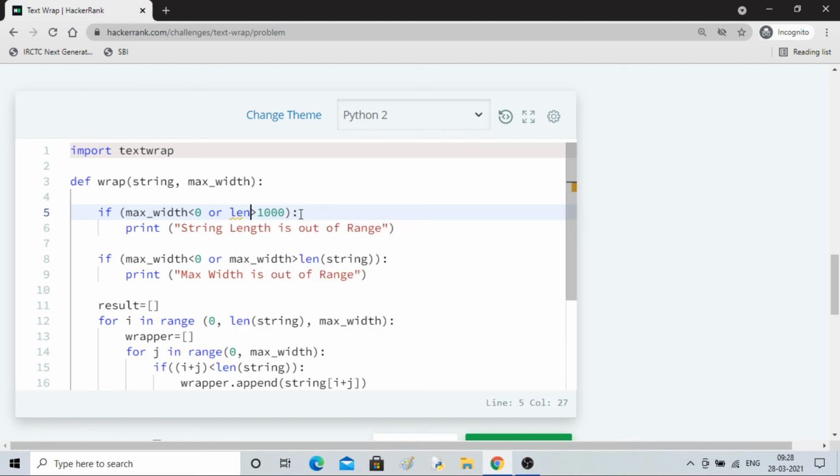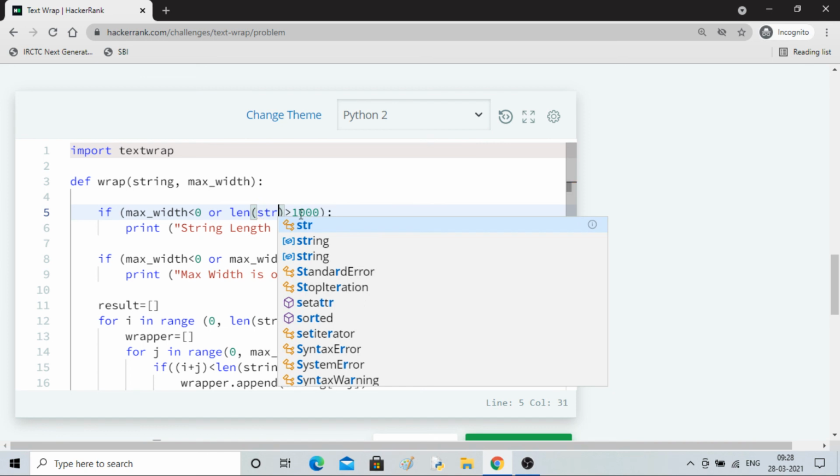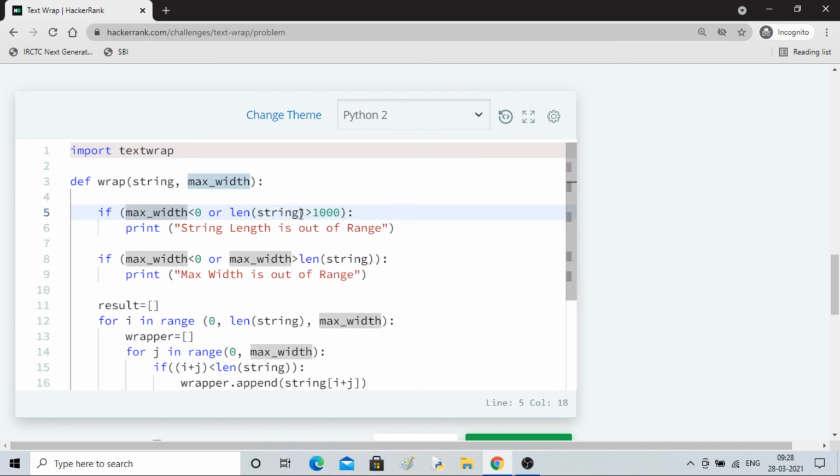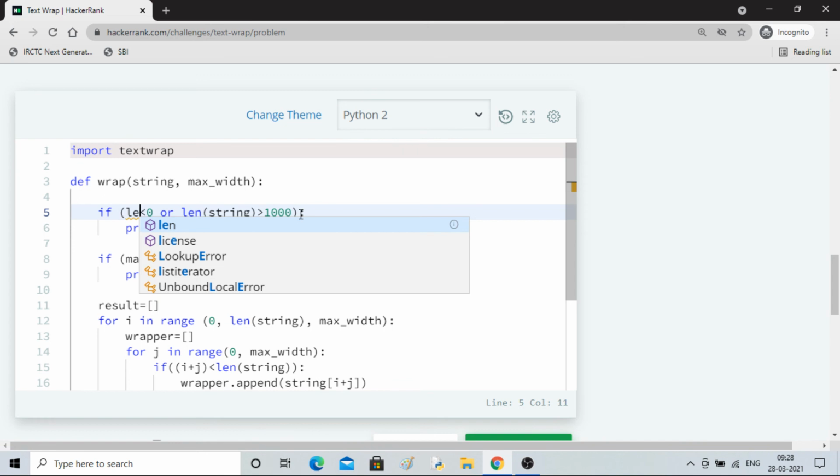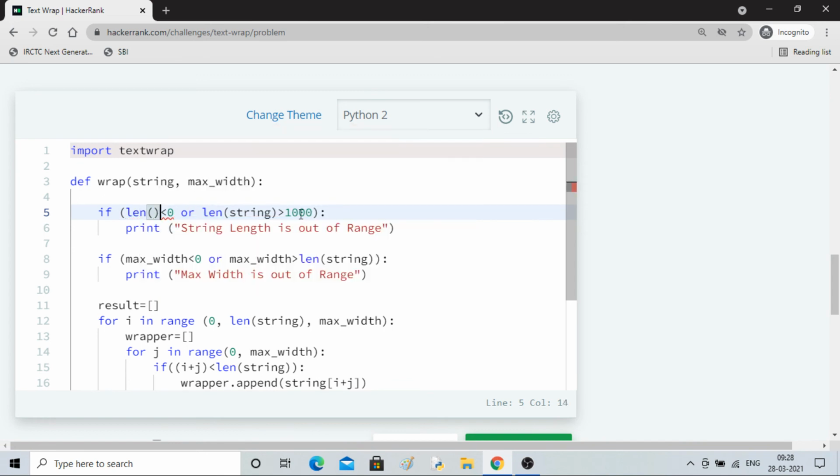Plus I'll also take the equal to sign because it is not given there. Less than equal to, similarly here, less than equal to, greater than equal to. So these are the constraints.